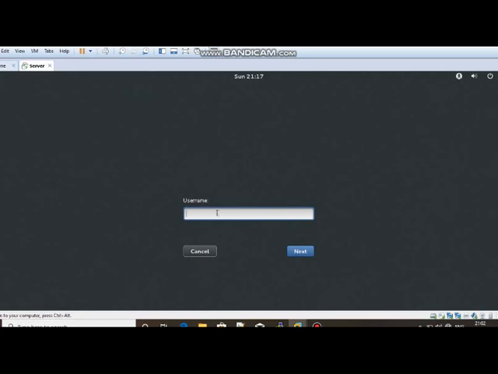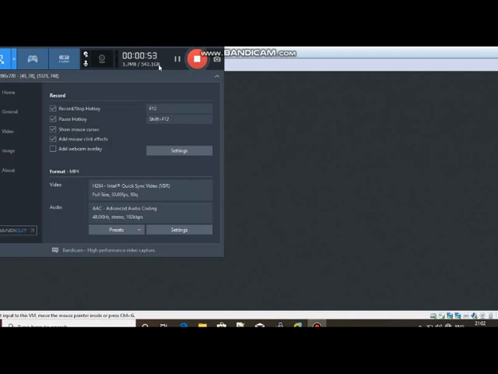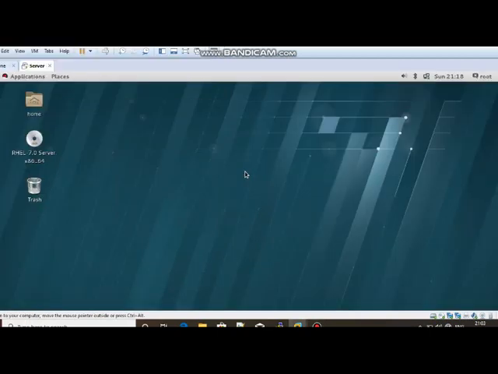We'll check by login. After login, we will get this desktop GUI of Red Hat Linux, Red Hat 7.